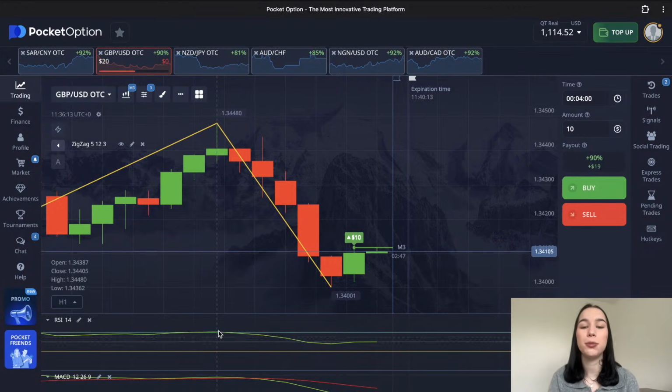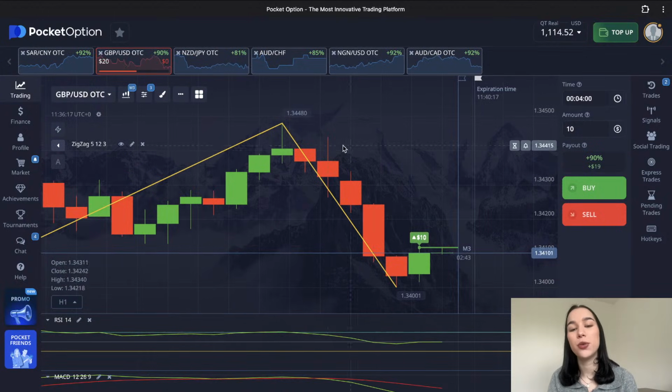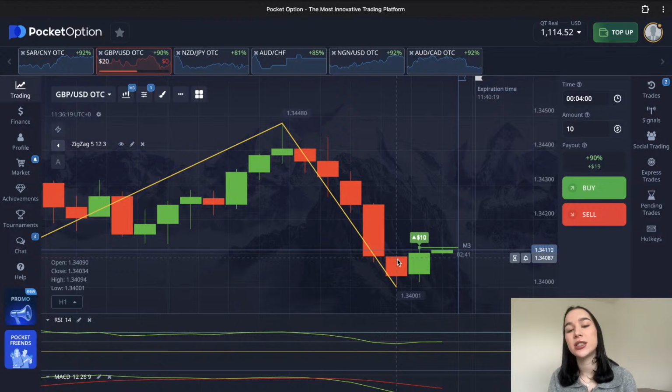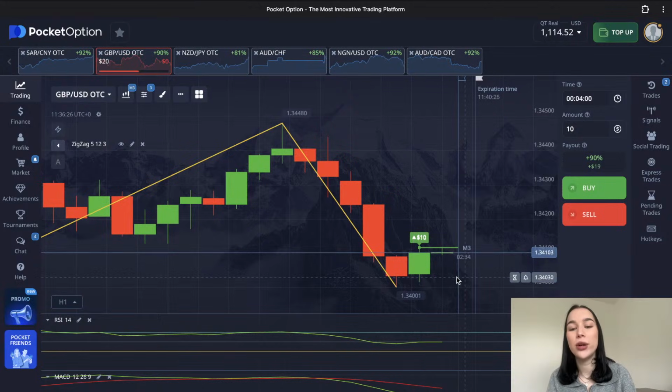Like here, for example, why I opened the trade up: because we can see that it was a downward trend before for like 5 candles. After, it started becoming smaller and smaller, and here the green candle covered the previous red candle, showing that the buyers